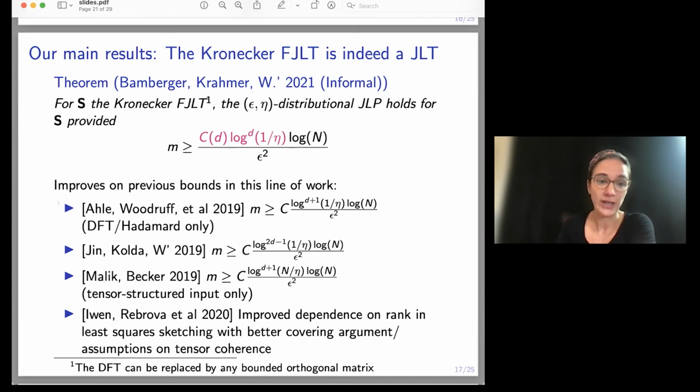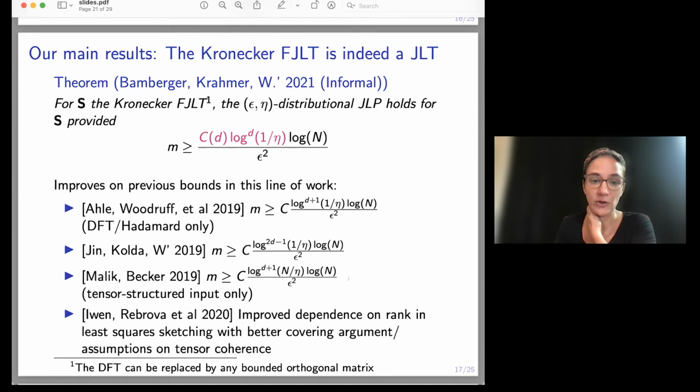Ale and David Woodruff and collaborators had a paper that includes lots of results, but just one of the results was proving the Johnson-Lindenstrauss property for these types of matrices with a near optimal dependence, but with a log of d+1 dependence, 1/eta. And then we, around the same time, proved the Johnson-Lindenstrauss property with a dependence log to the power 2d-1. And then Malik and Becker had an argument